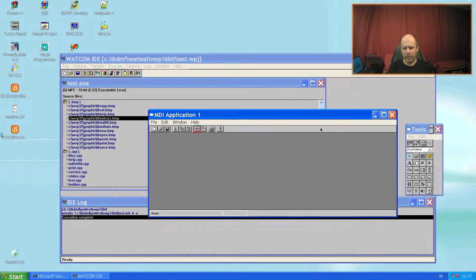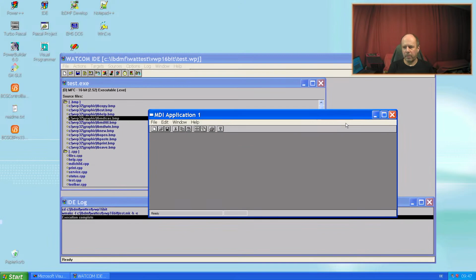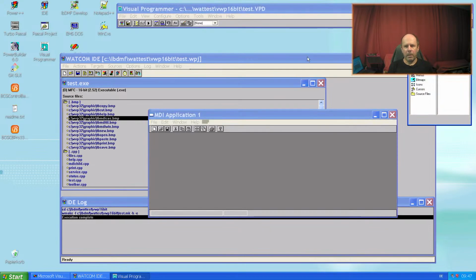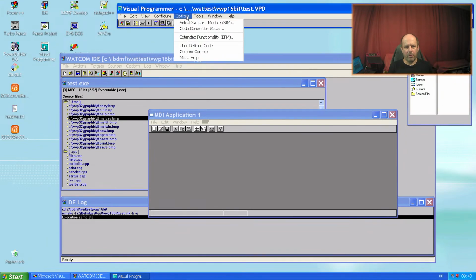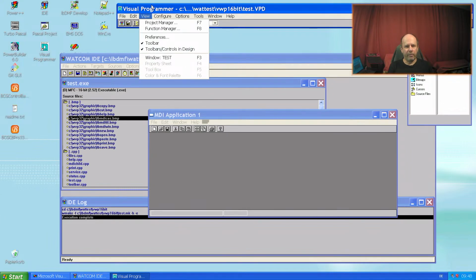What I can change here, and I want to stop. I want to exit. So it had much stuff to learn as a programmer, more likely than as an end user.